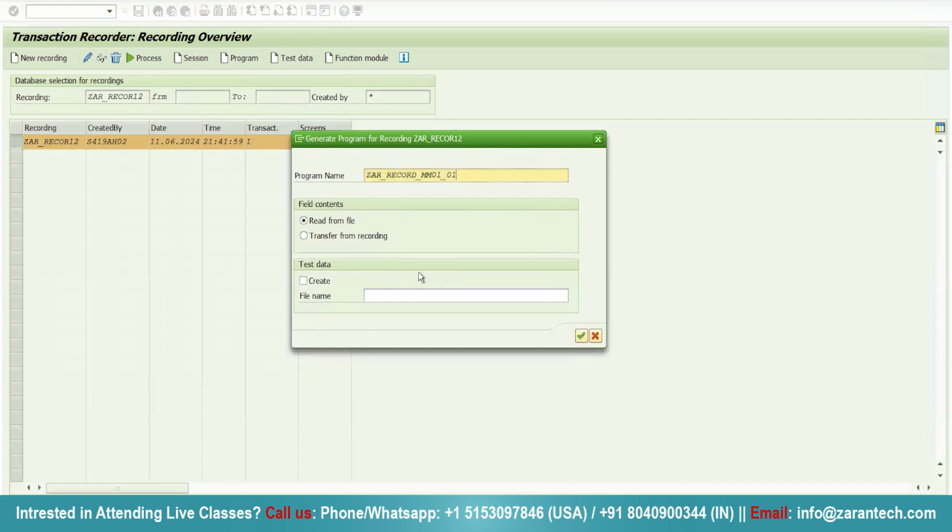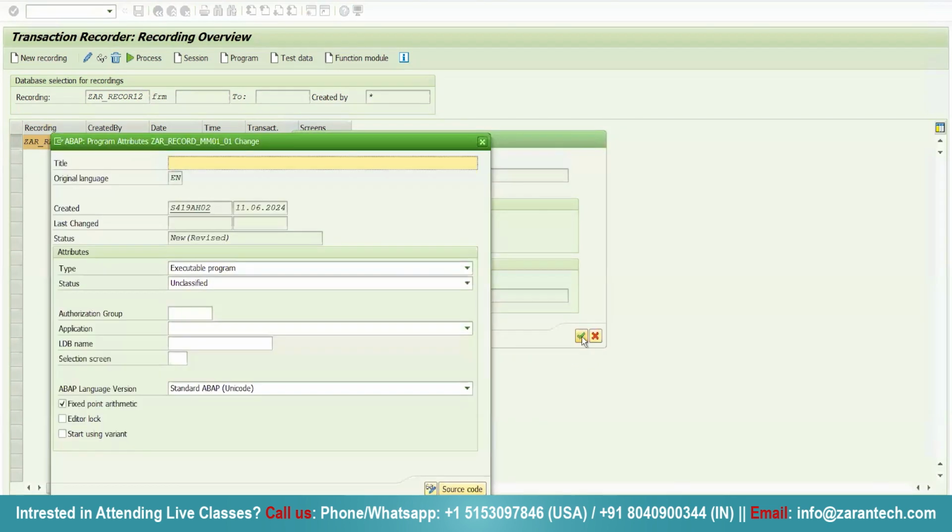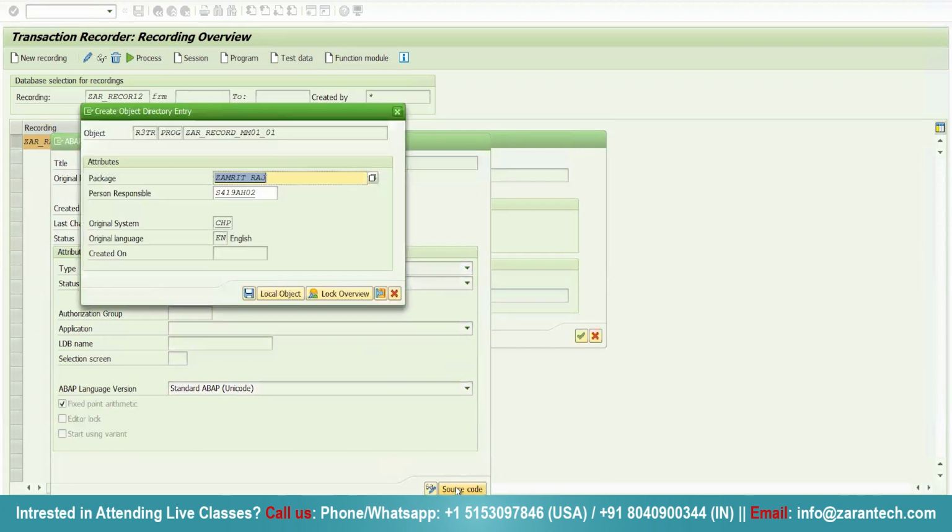Copy the program first. Then select the radio button, transfer from recording, and click on the OK button. Here you will provide the title, screen recording using BDC. Press enter or click on source code.